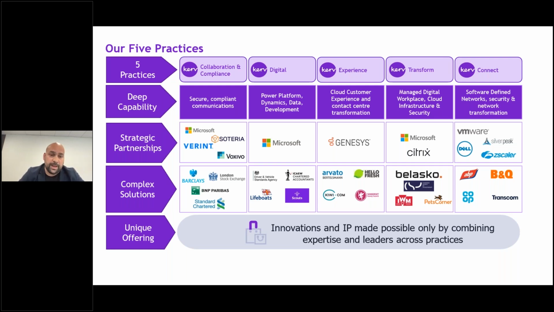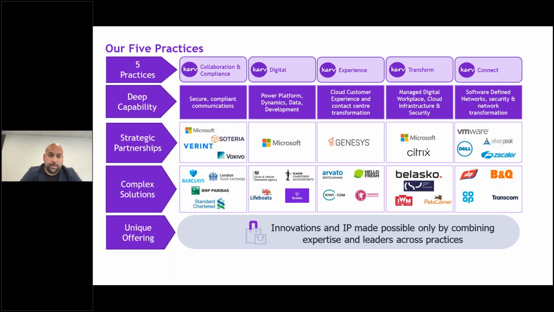So what we've done is very much keep those businesses as individual practices and not try to interfere or break all the things that made them great businesses to work with. So we retain the management teams, all of the staff, all of the systems, all of the processes, but provide support as a collaborative group. We've got 5 key technology areas. Our collaboration and compliance practice, which